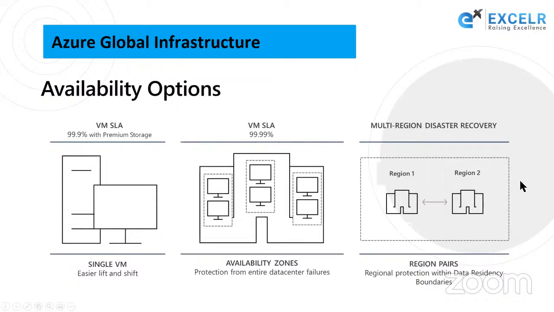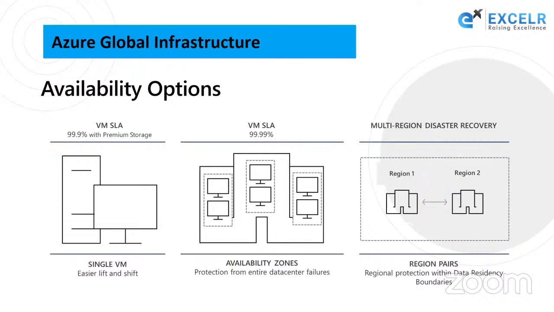With your region pair, you are covered from the protection of any region failure, and also from a data residency perspective. So these are the availability options. We will see these availability options when we create our virtual machine. Later on in the class, we are going to see the option for our